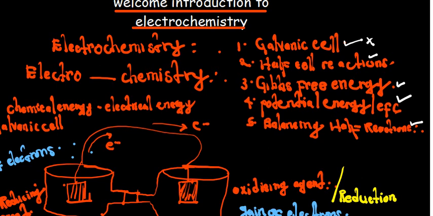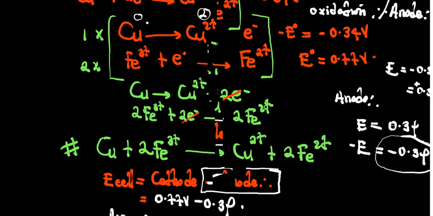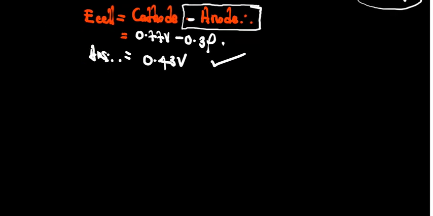The Gibbs-free energy is something very easy, because they just tell you to find out the work that was taking place here, because it is found in joules. And when you're talking about the joules, they're asking you what amount of work did it take to move these electrons from the anode going to the cathode. What amount of work did it take to find out the rate of this half reaction or the rate of the other half reaction? They're looking at the amount of work, and it must be found in joules. And that is why it brings up the aspect of two chemical reactions: a spontaneous chemical reaction and a non-spontaneous chemical reaction. So the formula for Gibbs-free energy is this: